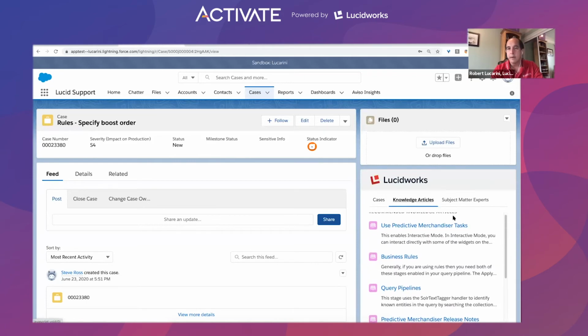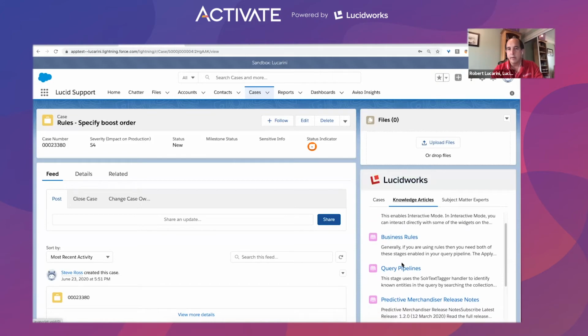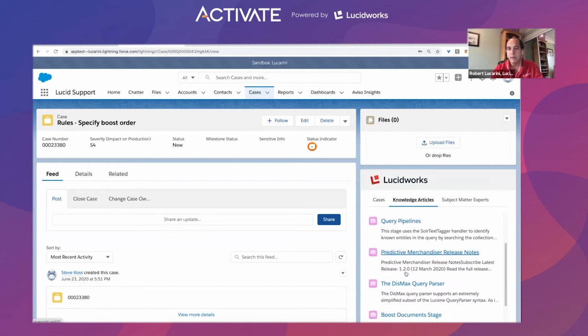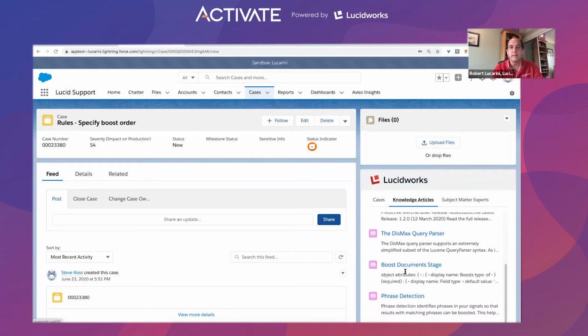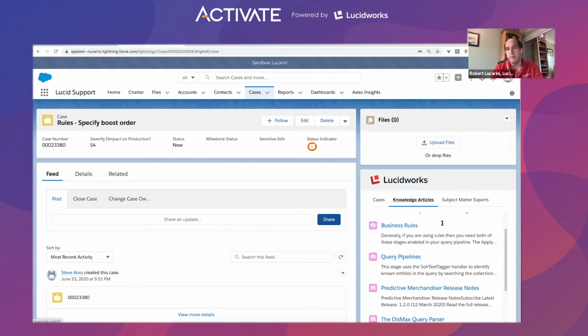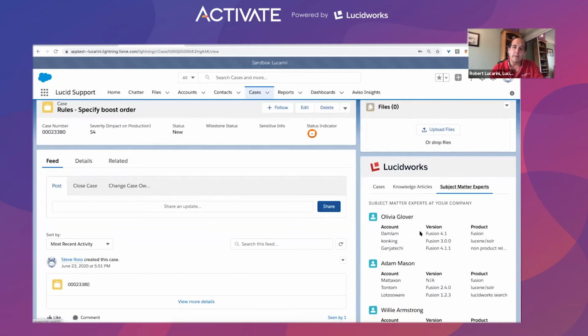And here we have very helpful information regarding business rules, the use of pipelines within business rules, boost documents. So I can get a lot of information and kind of discover all the different components that comprise rules just by reviewing knowledge articles. If I need more information, I can click on subject matter experts, and here we see the subject matter experts and their